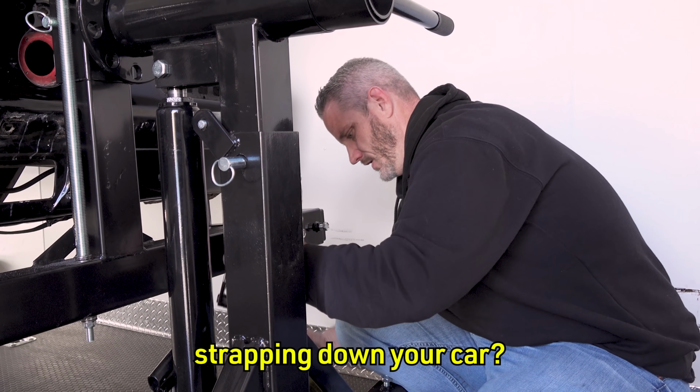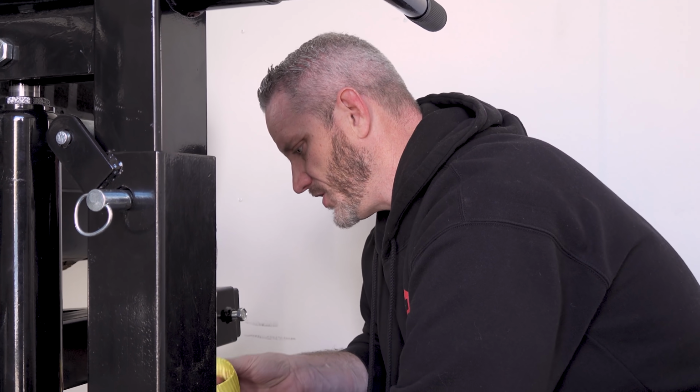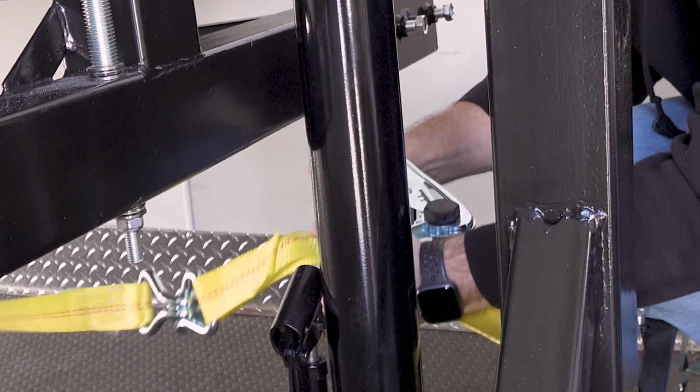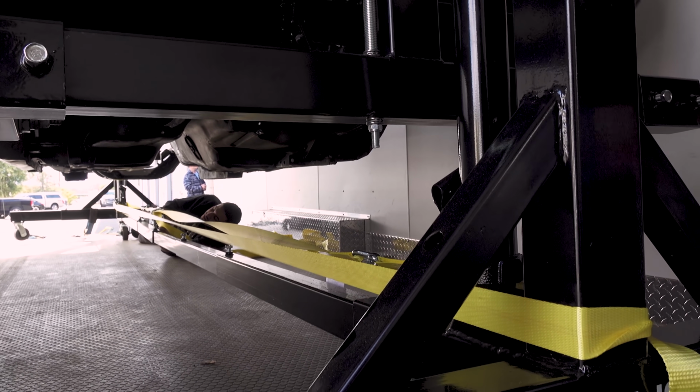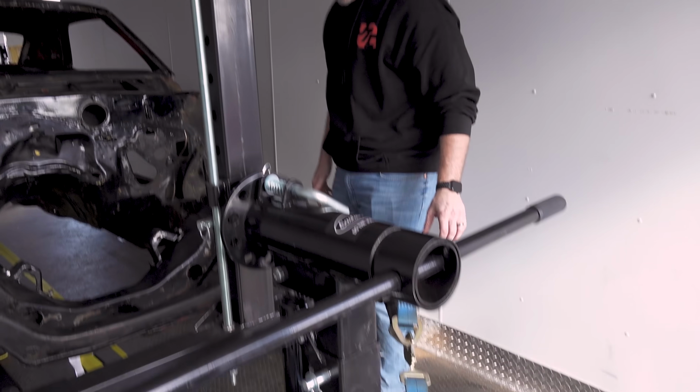How's it feel strapping down your car? Like I'm stupid because I'm not working the ratchet strap very well? Yeah, mine worked great. Shut up. He just wanted to make sure it couldn't separate away. Yeah. Goes out that door somehow. Flips out the side of the...